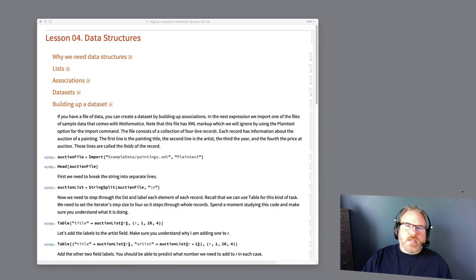So we've seen that data sets can be very useful in Mathematica, but one question that you might have is, suppose you want to use your own data. Maybe you don't want to be working with computable entities or with their sample data sets about planets or whatever. If you have a file of data or a spreadsheet of data, you can create a data set by building